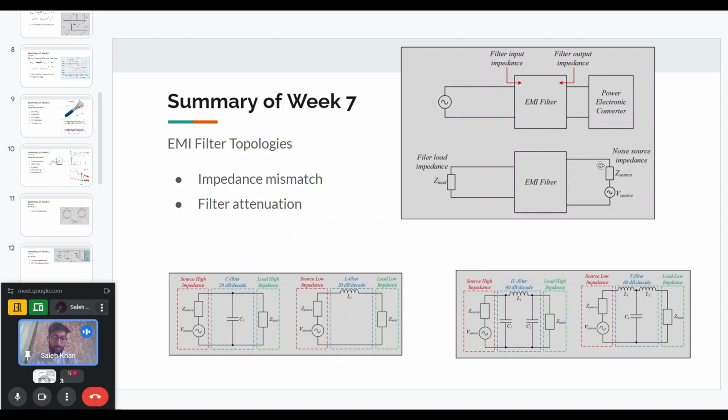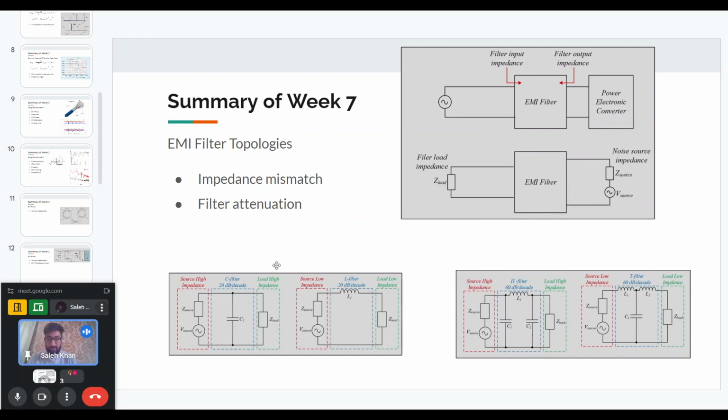Because we are talking about the converter as a source of EMI, the V source is basically the EMI, and the Z source will be the impedance of the converter. Then we will have the impedance of the voltage source or the current source, or whatever the power or energy source that we have. And depending on whether the impedance of this load and source is high or low, we can have different kinds of